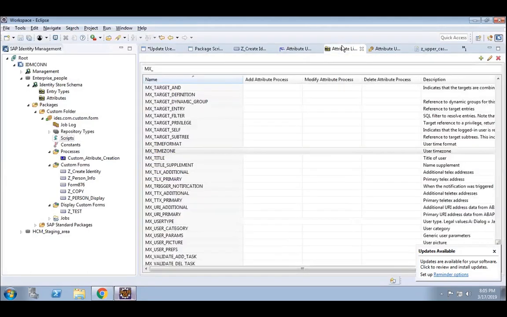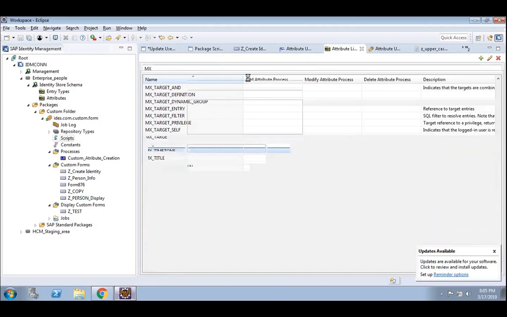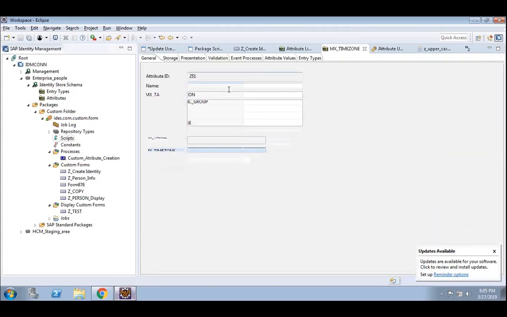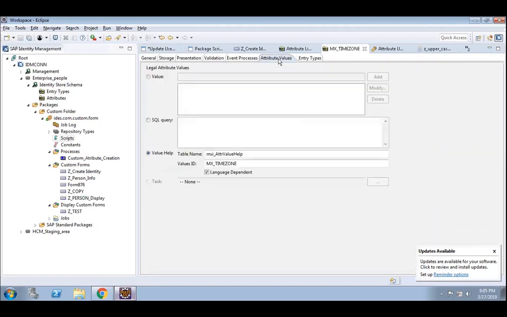You have to go to the DB to check. If you go to the attribute section, the MXI attribute help, the value mx underscore time zone will be taken from there.